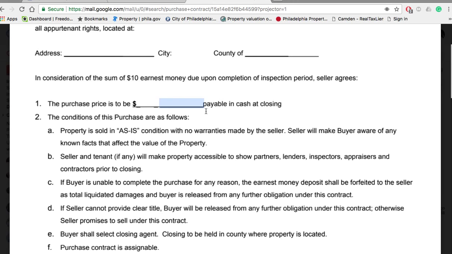Okay? If buyer is unable to complete the purchase for any reason, the earnest money deposit shall be forfeited to the seller as total liquidated damages, and buyer is relieved from any further obligation under this contract. So here's why that's good: earnest money deposit is usually going to be $10. Worst case scenario, they're not going to go after you for $10. If you just cancel, the contract is null and void, and you're released from any further